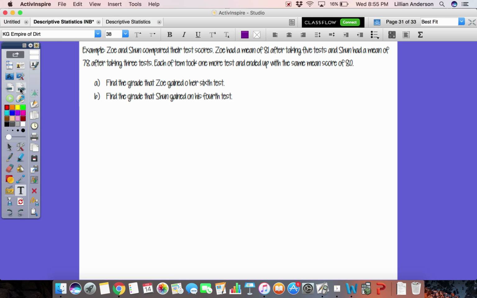mean score of 80. So question A asks you to find the grade that Zoe gained on her 6th test in order for them to have a mean score of 80. And then for part B, you have to find the grade that Sean gained on his 4th test so that he could have a mean score of 80. All right, so it's almost like you're kind of treating them a little bit separately, but Zoe took 5 tests and